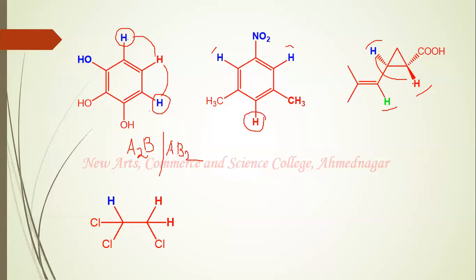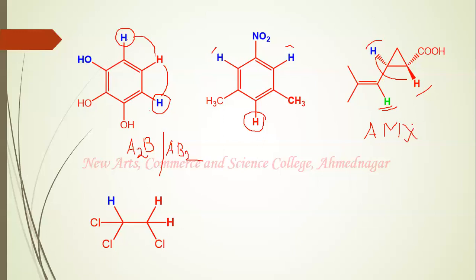Now if you look, this proton is attached to a carbon atom which is attached to a CHO group, so this means that this proton must be deshielded. Plus this one is attached to a cyclopropane ring system, but it is very close to this carbon-carbon double bond, so it will lie in the deshielding zone of the carbon-carbon double bond. And this hydrogen which is present on the olefin will also be a deshielded proton, so we can call this an AMX spin system. So one more example of an AMX spin system.